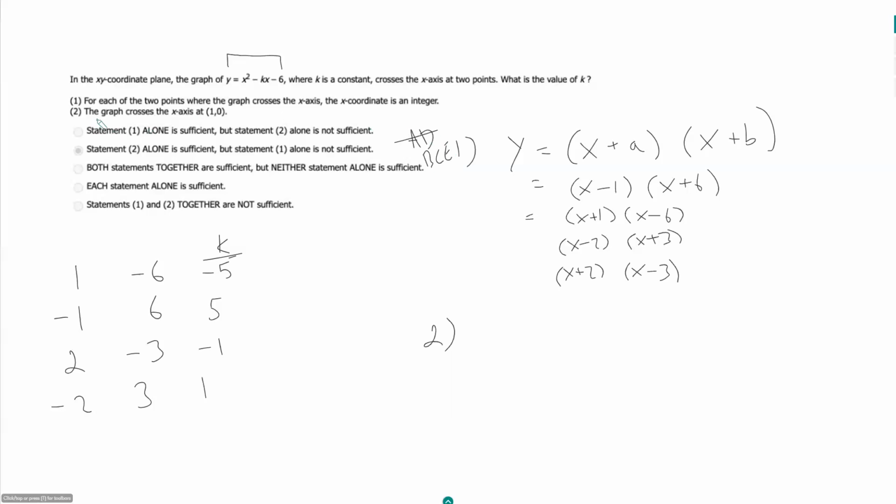Statement 2, the graph crosses the x-axis at (1, 0). So what does it mean? I could just plug these numbers in here. They're telling me when y is equal to 0, x is equal to 1, and I should be able to solve for k based on that. So they're saying 0 is equal to 1 squared, which is 1, minus k times 1, which is just k, minus 6. So in this case, k is equal to